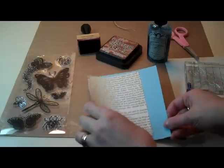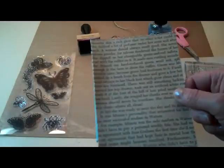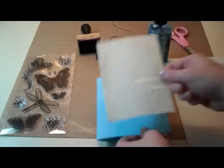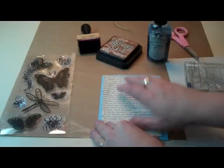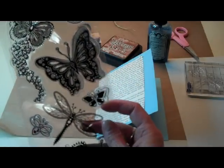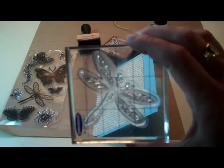I am using a page from an old book, and I actually bought this book just to tear out the pages because otherwise I couldn't do it to my own books. So I have a blue card background. I have that page. I cut it to fit the front of my card. I'm also going to be using some of the gemstone insects from Inkadikadoo, and I have the Dragonfly one, and